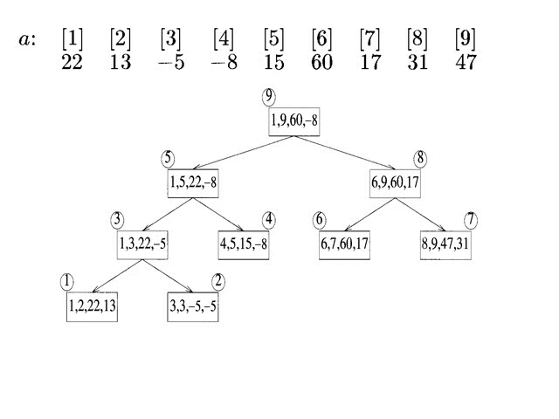These two will be combined in its parent node. 60 and 47 will be compared. 60 is greater than 47, so 60 will be considered as the maximum element, and 17 and 31 will be compared. 17 is lesser than 31, so minimum will be considered as 17.